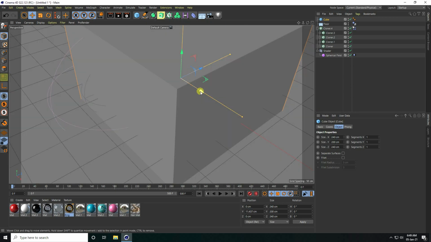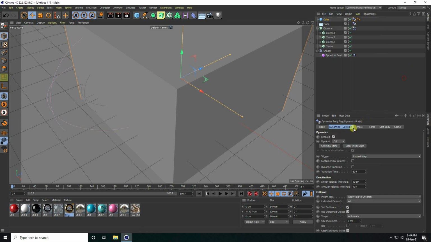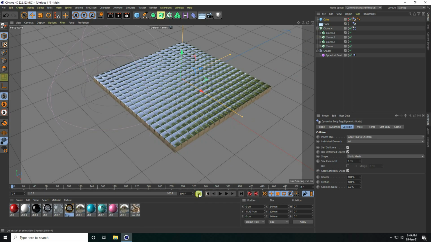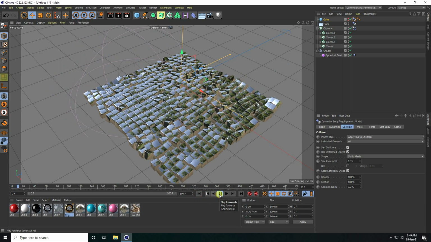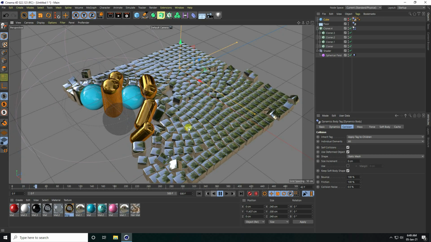Select this cube, the upper one, and right click, collider body tag, and this time shape, use static mesh. And hide on render. And play. See guys, that's my final one.